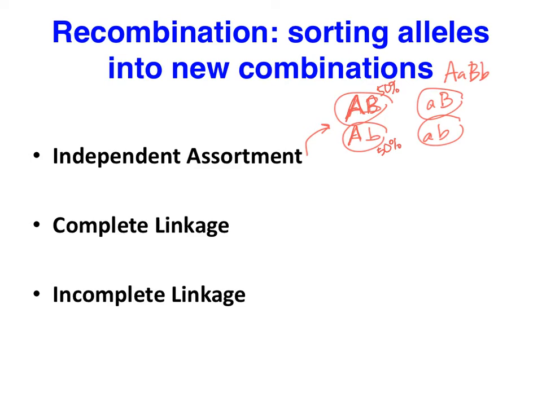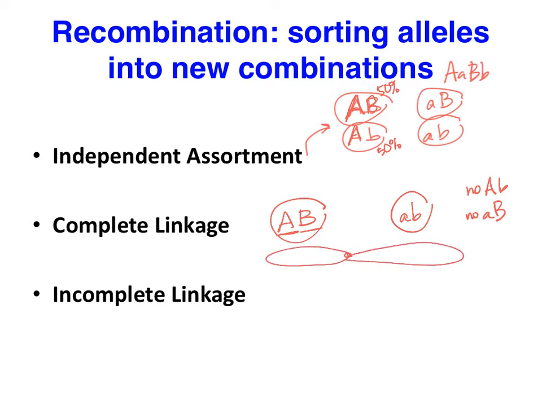The complete opposite of that would be every time we see big A, we also see big B. Every time we have little a in the gametes, we also have little b. And we never see big A, little b. We never see little a, big B. Big A and big B are completely linked on the chromosome. That might look something like this. If we had a chromosome where big A and big B were so close together, we never saw them separate